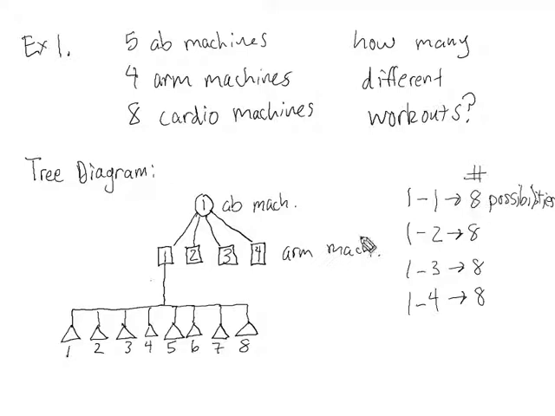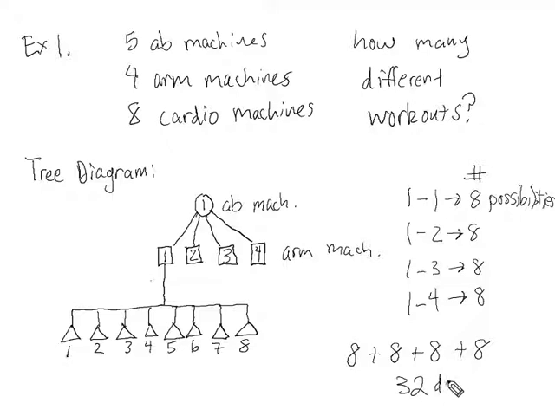So if we counted all of these out, this would be 8 plus 8 plus 8 plus 8. Okay, 8 times 4 different ways to combine the 4 arm machines and ab machine 1 together with the 8 different cardio machines. So just this one tree branch that stems from ab machine 1 results in 4 times 8, 32